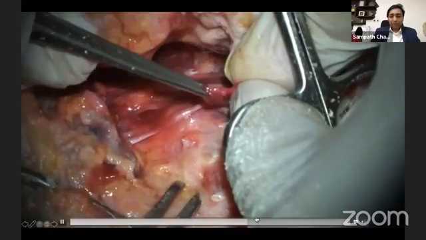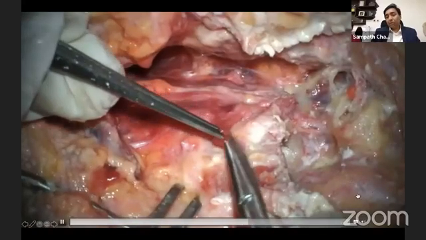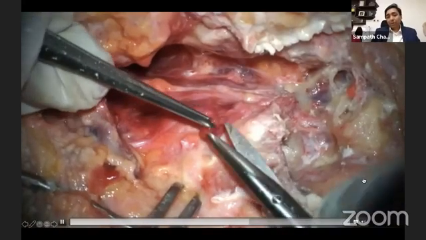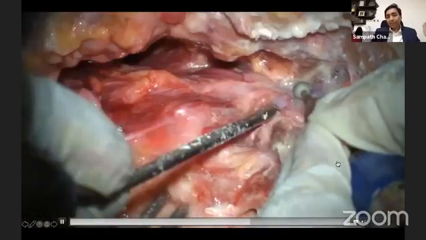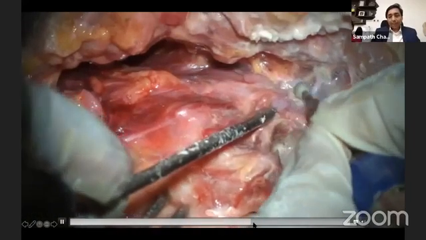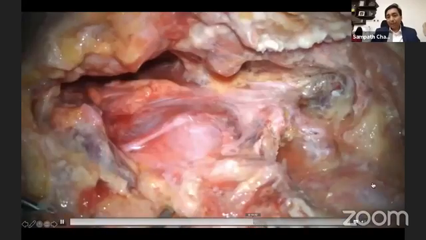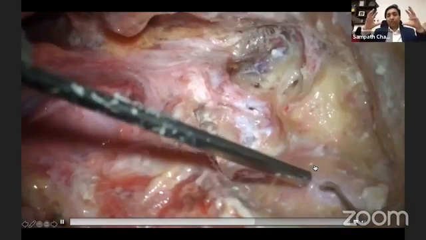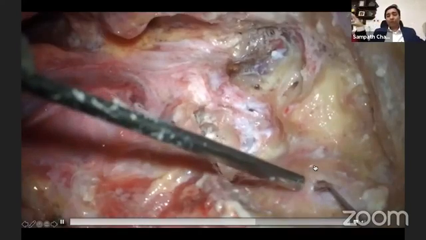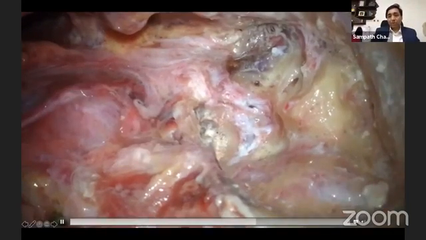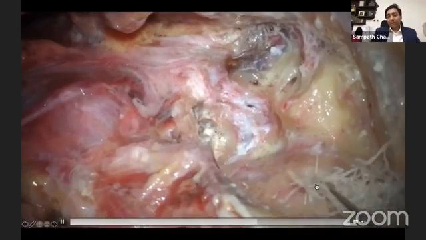And then you now have to close the top from above. So you close the sigmoid sinus by doing an extraluminal packing. So you close here, you close here. How do you repair your plumbing? If you have to change your pipe, you'll have to block the two ends and put a new pipe in between, isn't it? Here there is no putting of a new pipe. Here there is just closing of the pipe.